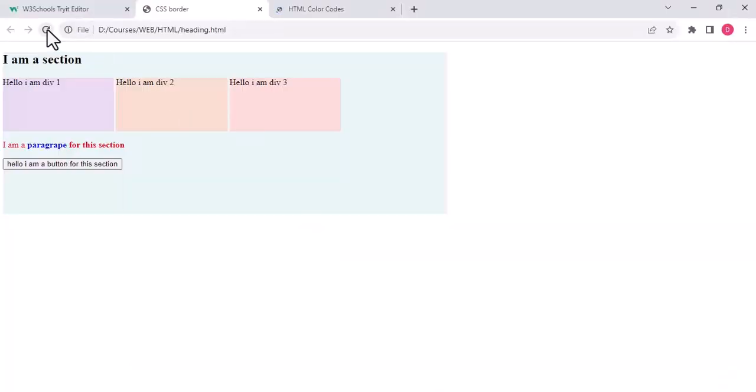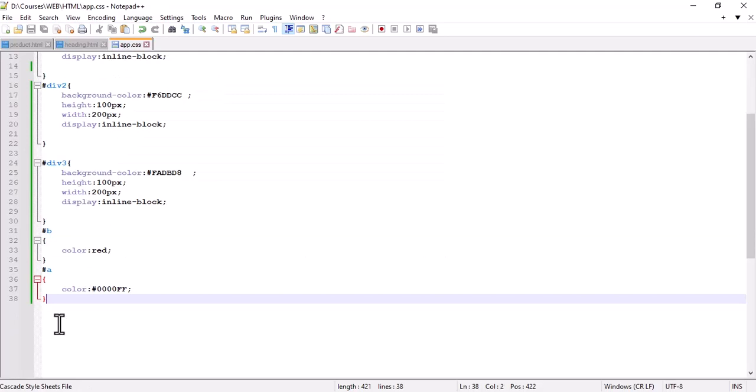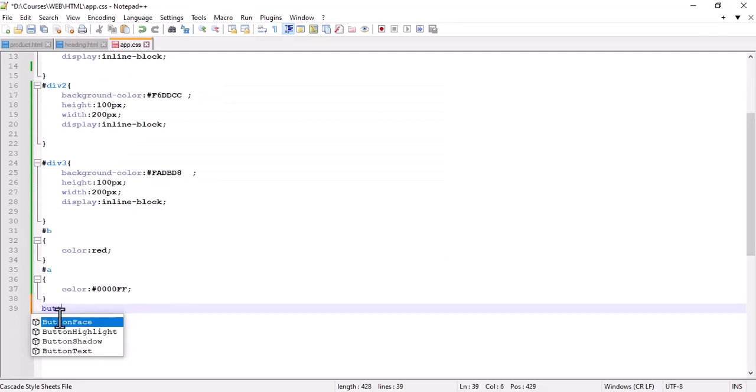Now you can see what happens. Two buttons are taken. Why are these two buttons in one line rather than in two lines? Because a button is an inline element, so it will be shown in one line. We can make it a block, as discussed in our previous lecture already. So how can we change the property? If we write button